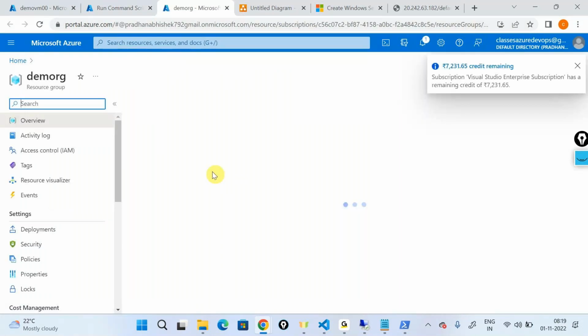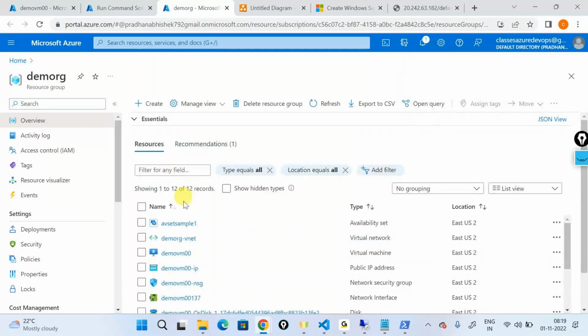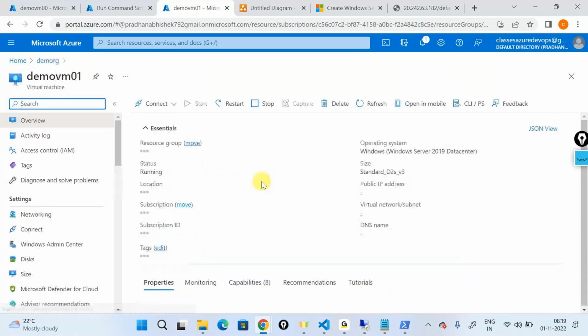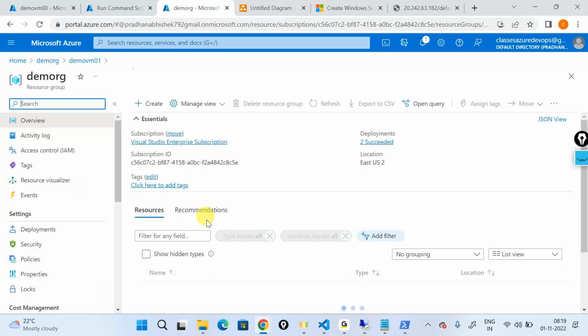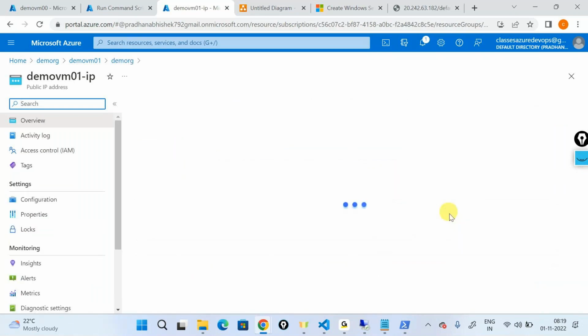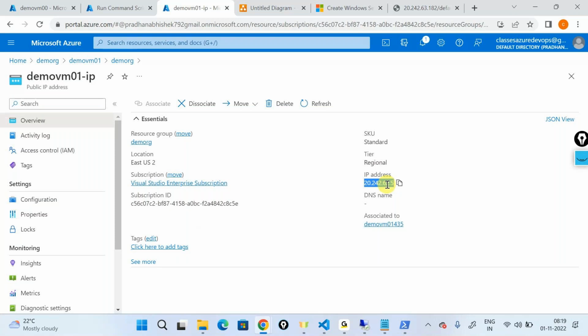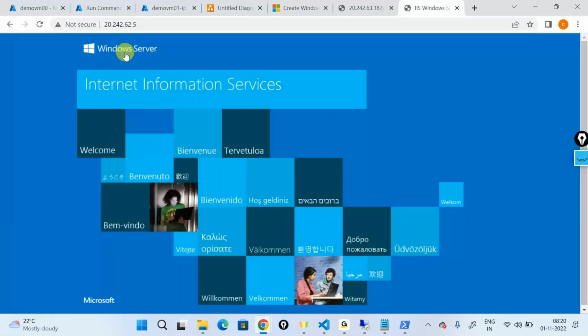firstly let's check whether that particular IIS is installed or not. Server demo VM01. Firstly, let's go into the public IP address directly so that I can grab the address of the same thing. So this is 01, the IP address of that particular 01. If I copy this, go to the browser, and paste this here, this is giving me the IIS page, which means IIS is installed, but I did not even log into the machine. So I can avoid the time of logging into the machine and manually installing this, and so on and so forth. And after that's done, I now have the second command,